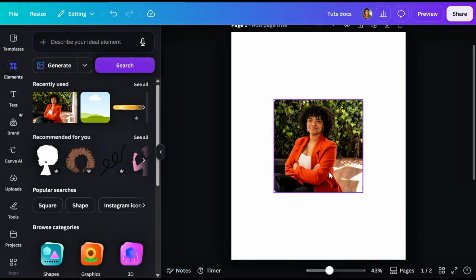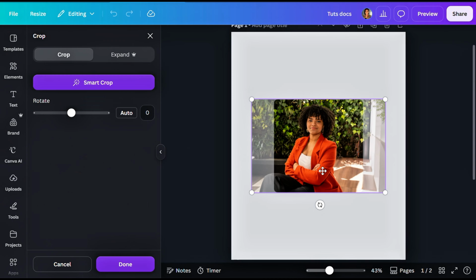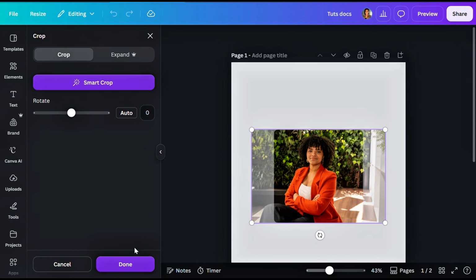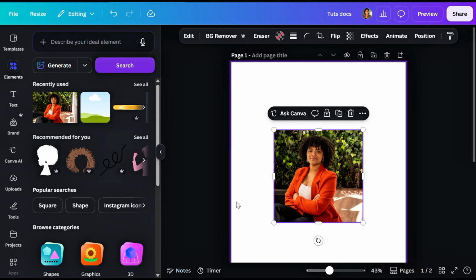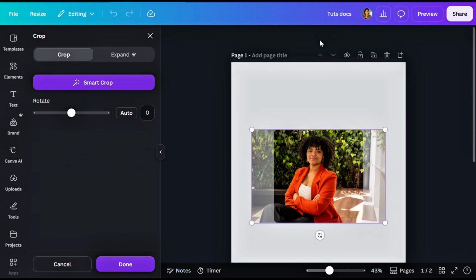And now to move the image, you have two ways to go about it. The first one is to double tap the frame. See, this shows up, and if I click on done to show you the second one, you click on the frame and you come over to the sign here that says crop. You want to click on crop here, and it also does the same thing, and you can pull or reduce,